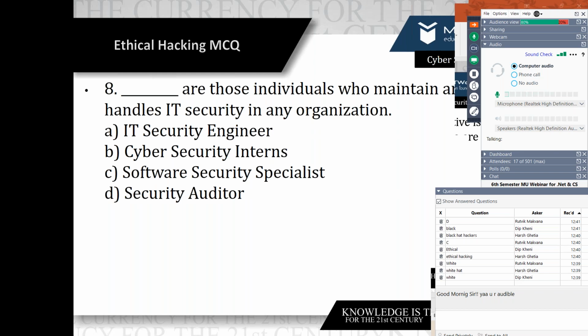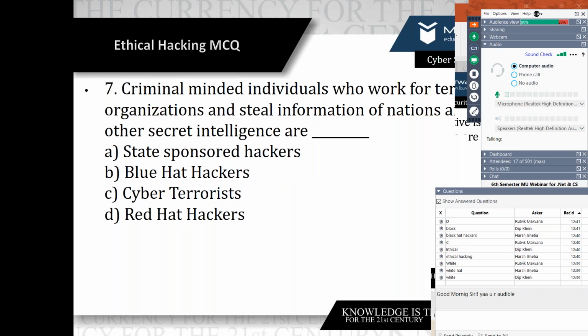Okay, Bhargav, why not the previous question? We just discussed it: the criminal-minded person who works for a particular terrorist organization and steals information for a particular nation or secret intelligence.